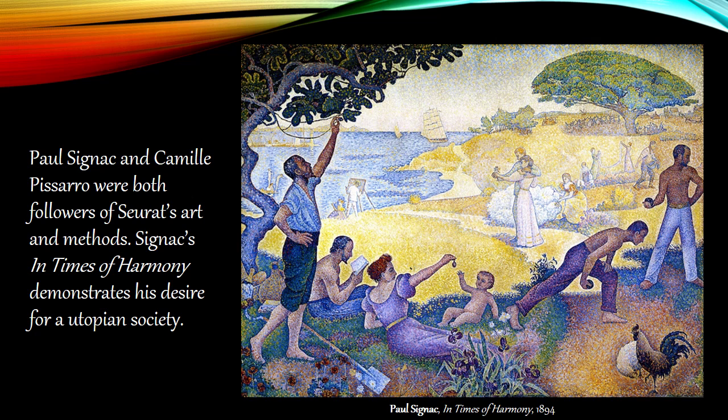Paul Signac was an anarchist who believed that social injustice was caused by government rule. In his In the Time of Harmony, the artist indicates his beliefs and desires to achieve a harmonious world in which men, women, and children, of different social classes and backgrounds, could live harmoniously in a natural world unspoiled by expanding industry.